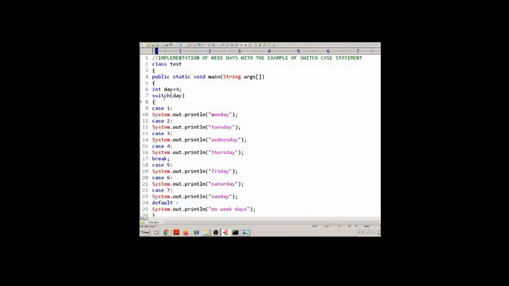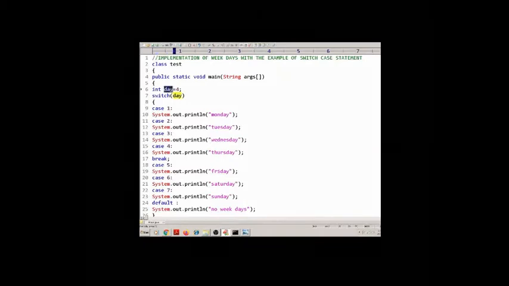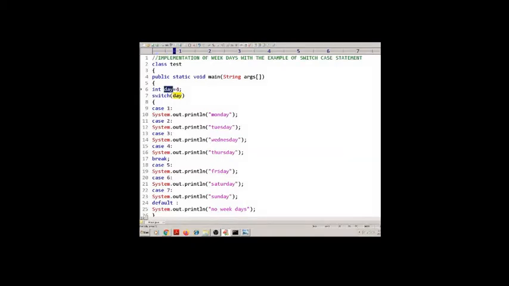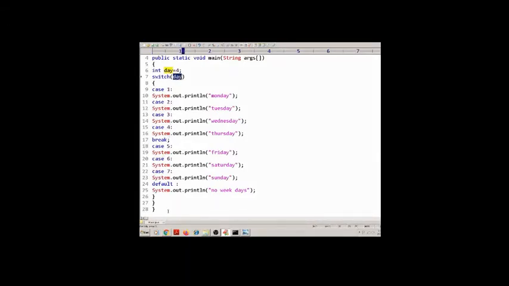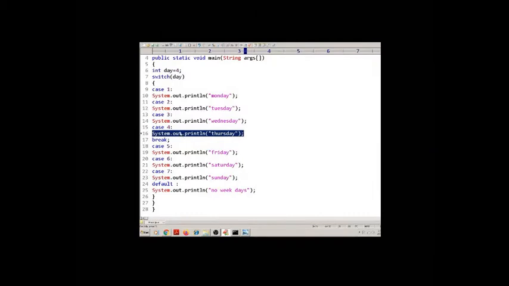So in this case, the expression day value is 4. Then when we execute the program, case 4 is matched with the switch expression. Then the code of case 4 will be executed.